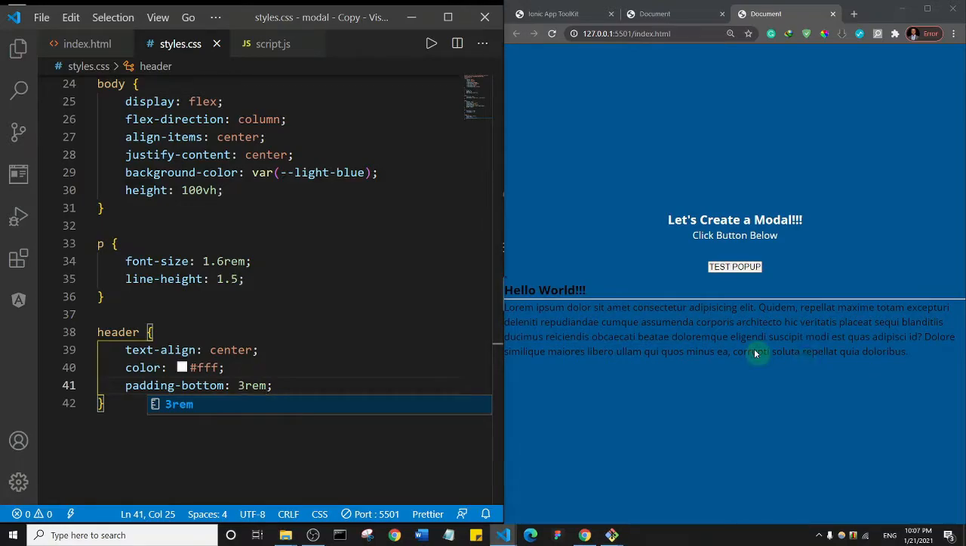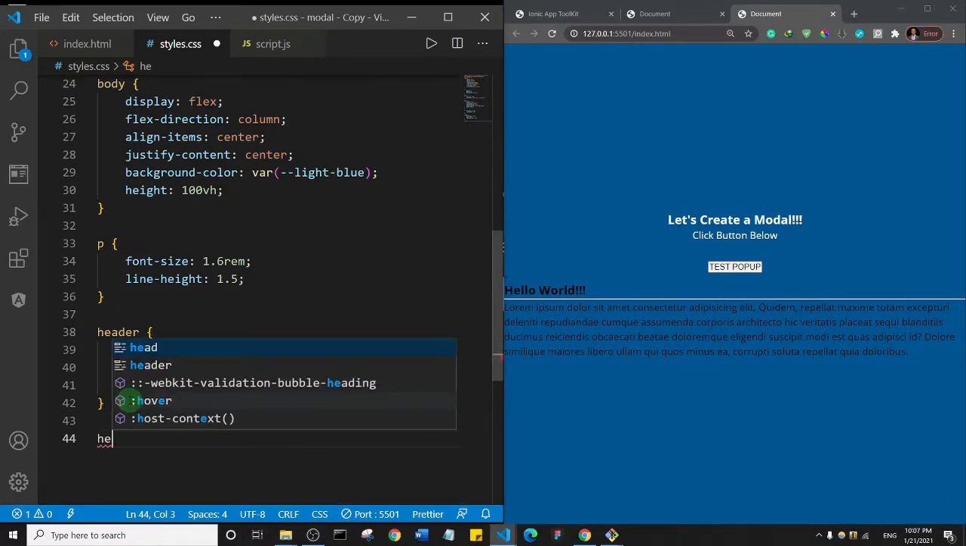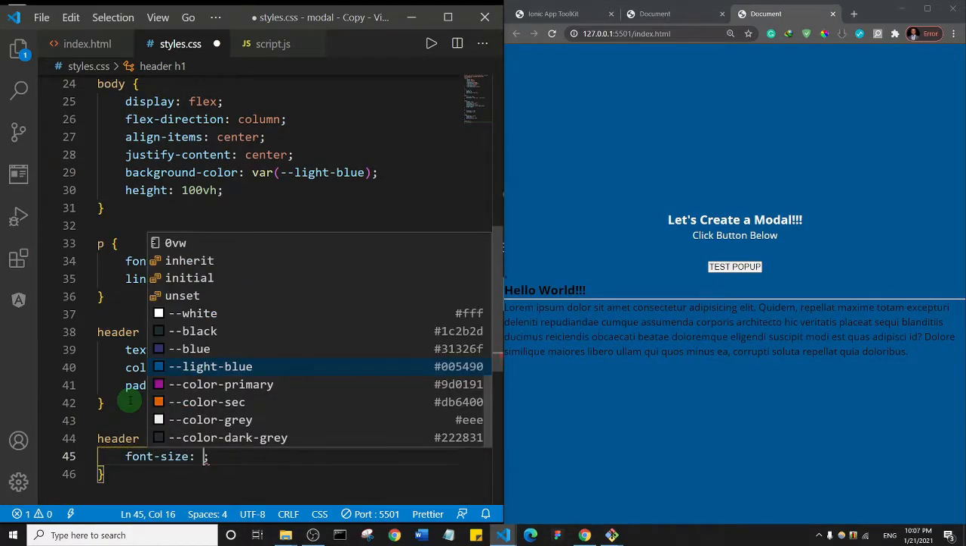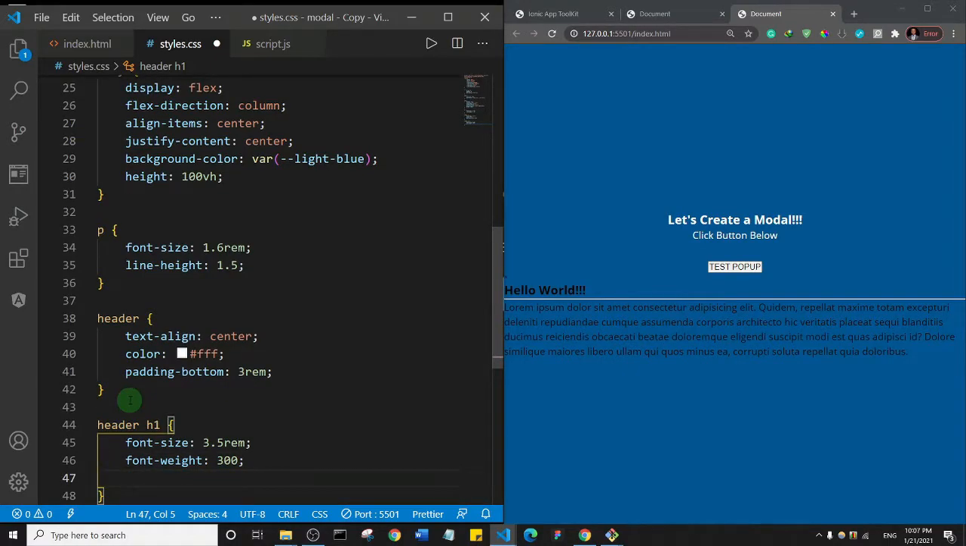Then let's target the h1. So I'll come down here, I'll say header, sorry, and then I'll say h1. Basically I'll just set a font size of 3.5 rem, and let's do a font weight of 300, and then line height